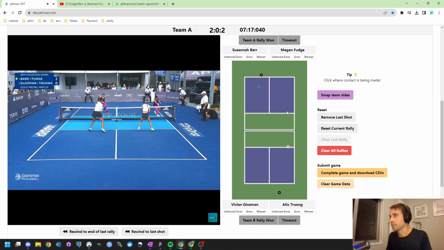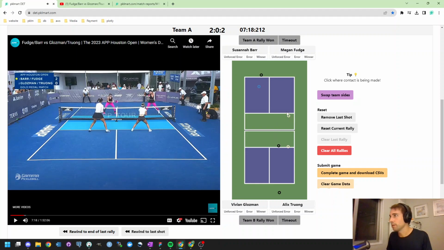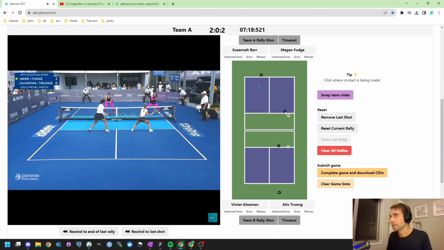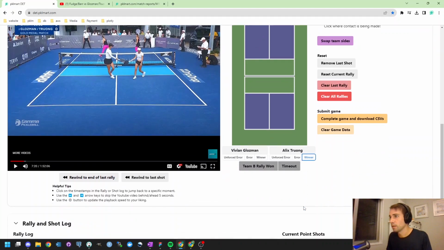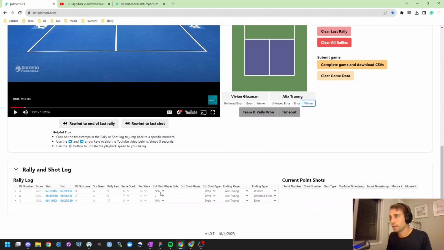Looks like Megan's gonna hit a dink here as well. Whoop, and then Alex sped that up right to Megan, and then she's gonna put it away. So we can say in this case she hit a winner. Also note that